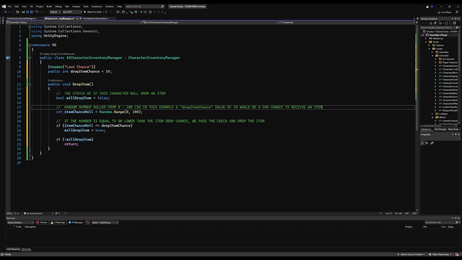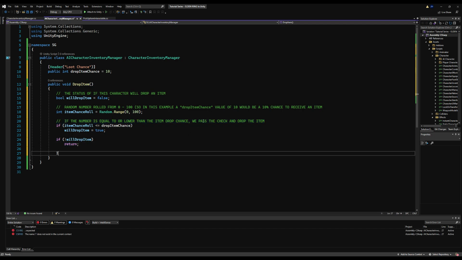And now I'm going to fill this up with some comments. So this is obviously the status of if we'll drop an item or not, and this is the random number roll from 0 to 100. So as an example, if we have 10 here, like we have up here, there's a 10% chance you will drop an item. So if it is equal to or lower than that. Alright, cool. So now we have discerned how we're going to decide if we drop an item or not,